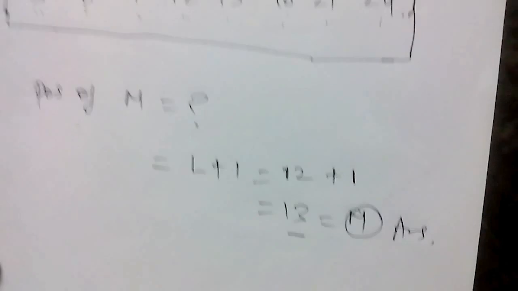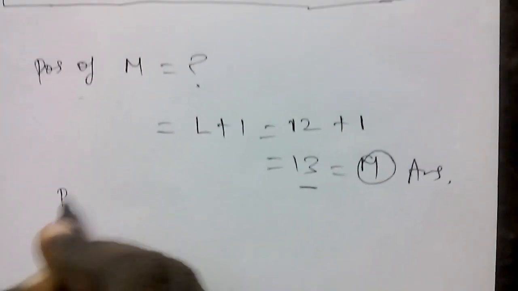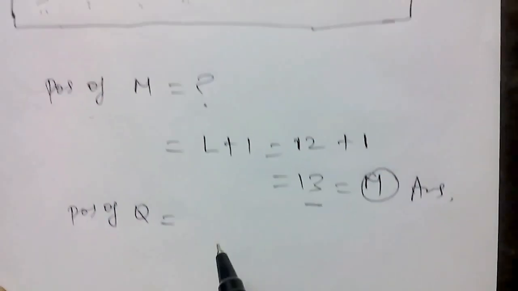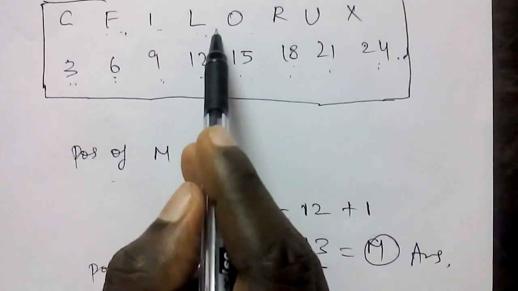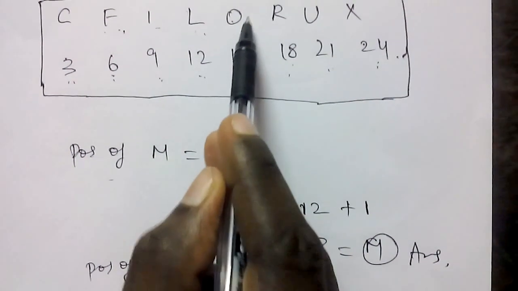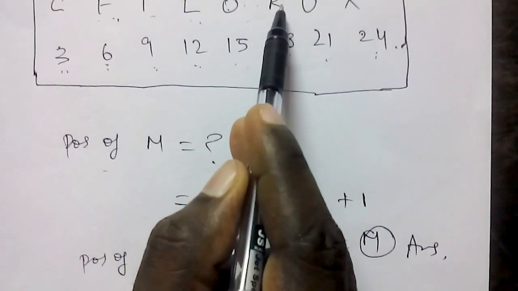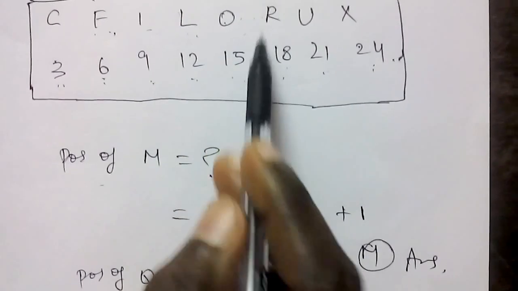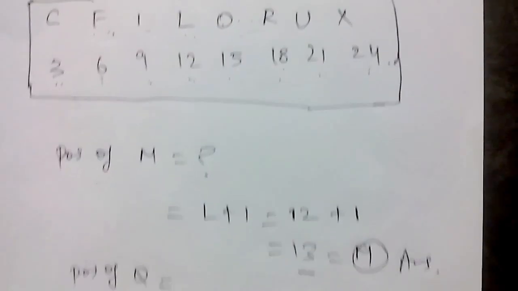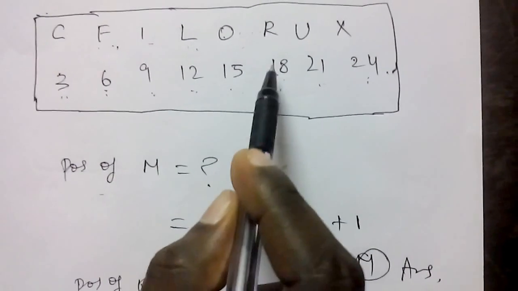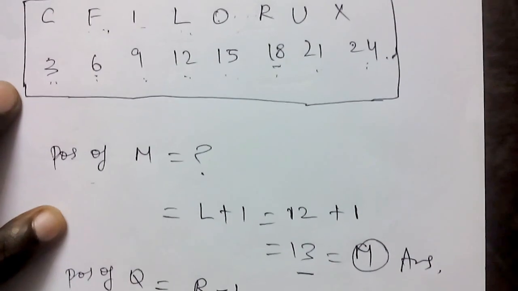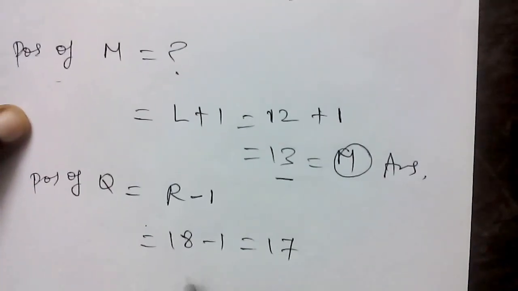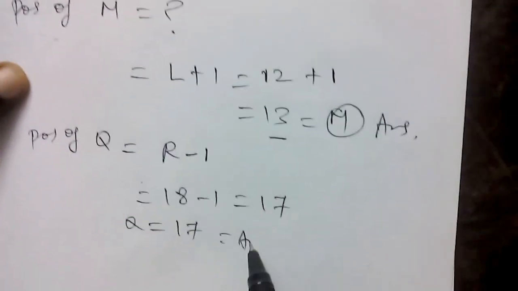Okay, and if in case you want to know the position of Q, so where does Q appear? Here we have L, after L M N O, and P Q R. Okay, so it is just before R, but it is not listed here, but we have the formula. So R minus 1, we need to minus one number which is before R. So Q is before R, right? R's value is 18, we already know. So it is 18 minus 1, that is equal to 17. So Q's value is 17, that is the answer.